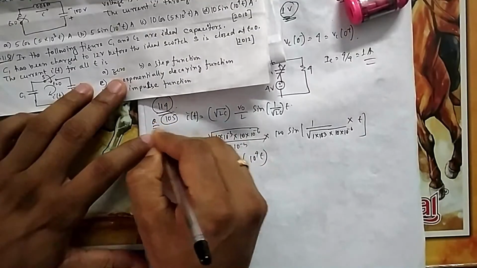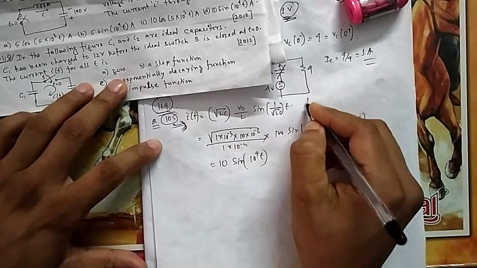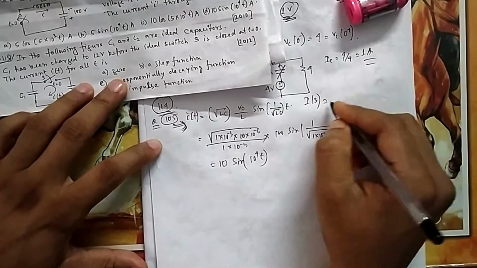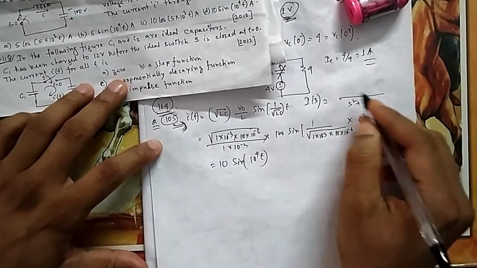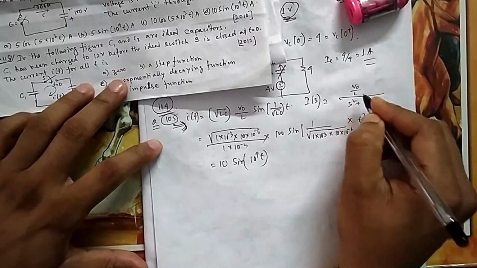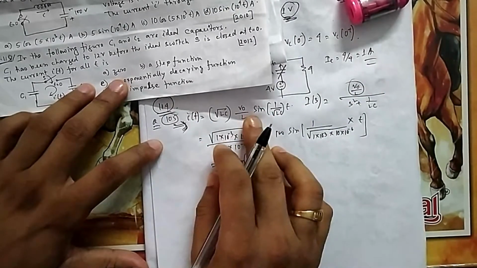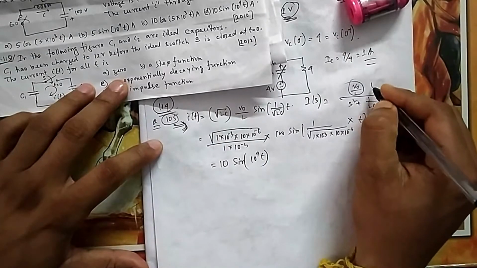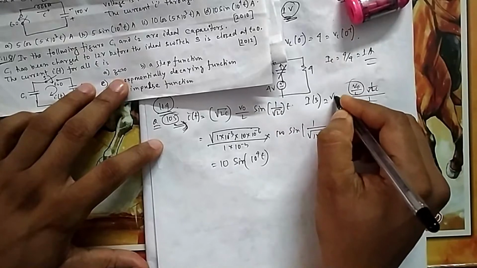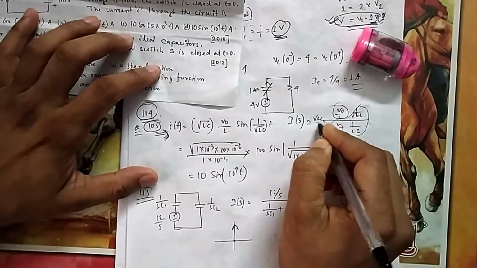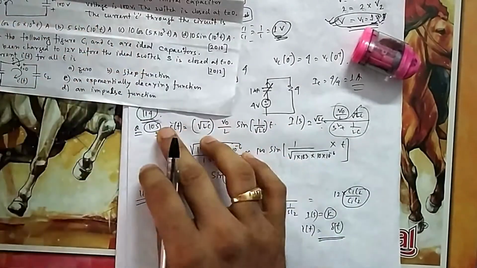So you refer to this question, where I have derived it. I have derived it in the IS format. IS was something in S format, S squared plus 1 by LC was that format. So you can easily find out it was V0 by L something. So you can take the inverse, you will find it. So you can see here it is coming. You need 1 by LC, root LC here. So for that you will multiply by root LC. That's why there is a root LC. Due to this, root LC is coming into the picture. So you can refer to that.